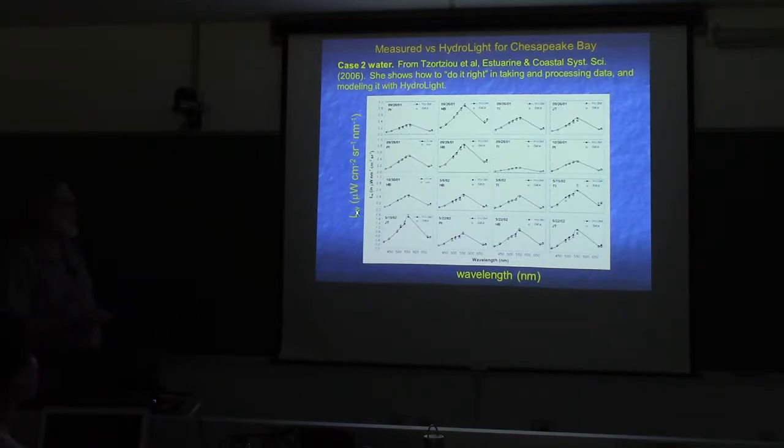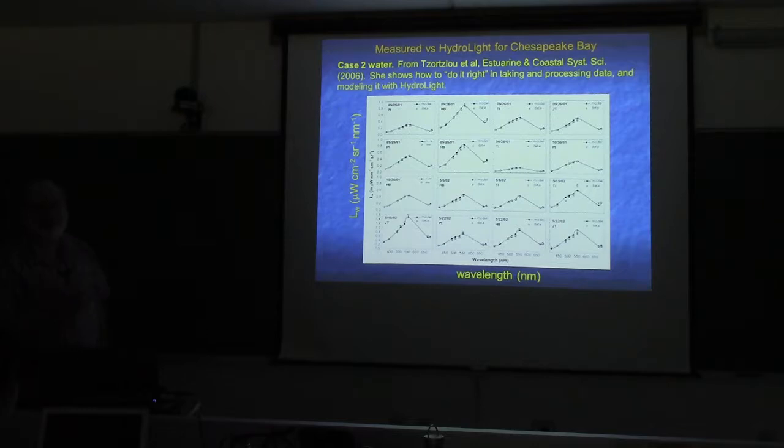But here's LW, water leaving radiance values, that her black dots here say model, that was Hydrolite, and the open spots say data, so that was measurements. And so here's a bunch of different stations in Chesapeake Bay, and you can see she gets very good agreement between Hydrolite's LWs and her measured LWs. But it was a major undertaking to get all the instrumentation and everything to work to actually be able to do that. And this paper of hers,